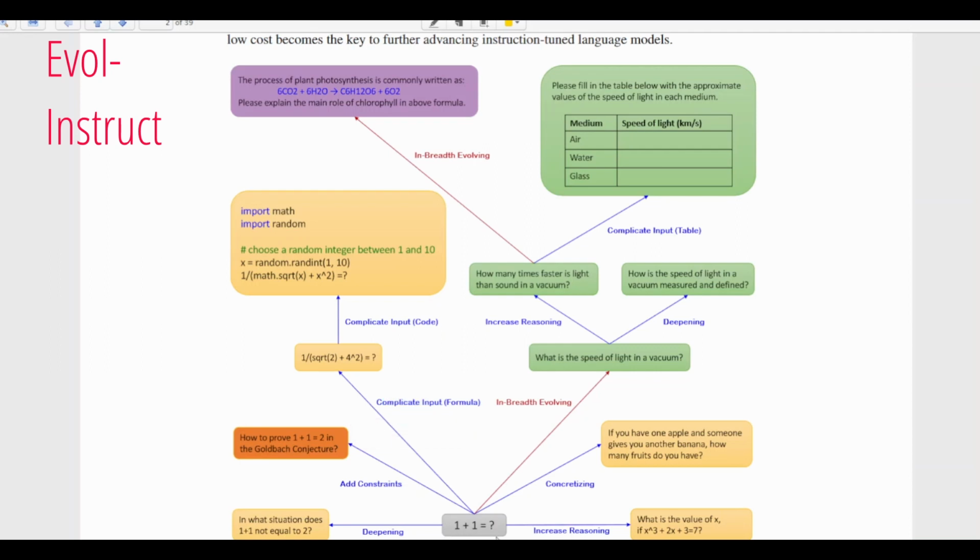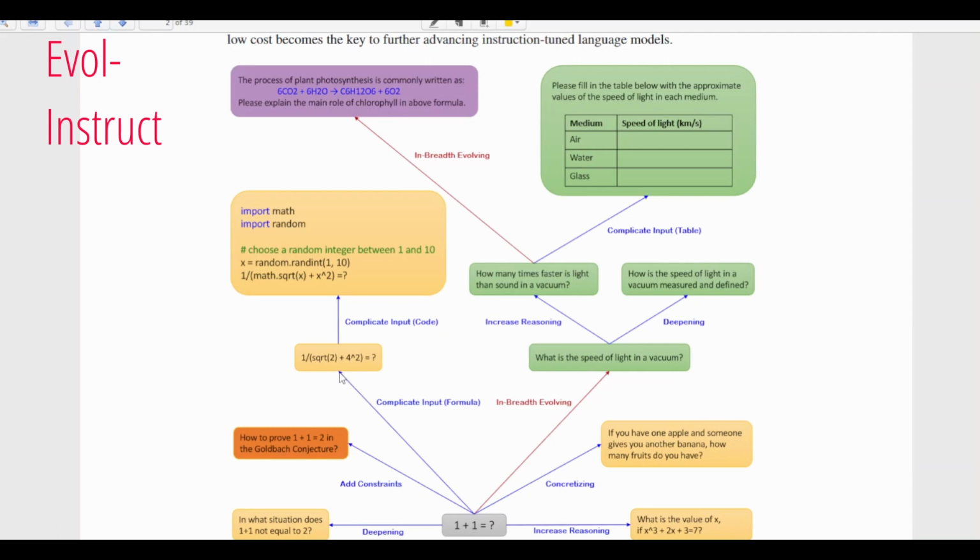Diversifying the input instruction, which is also known as in-breadth evolving, happens only one way, which is the generation of a new instruction. The generation of a more complex instruction, also known as in-depth evolving, is